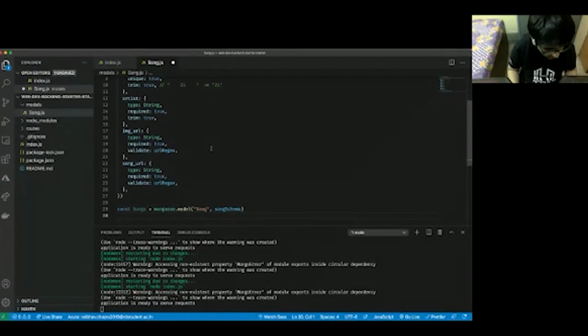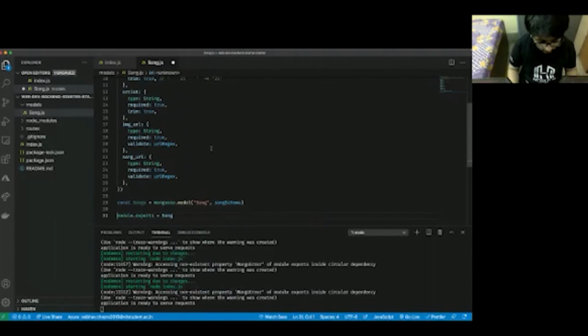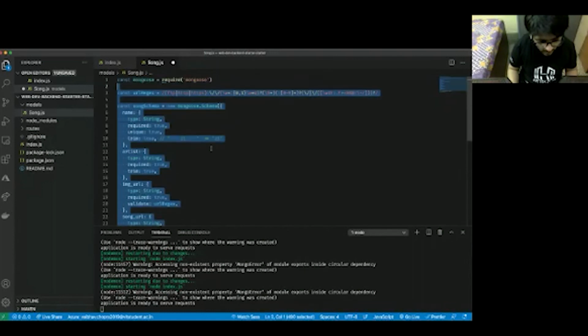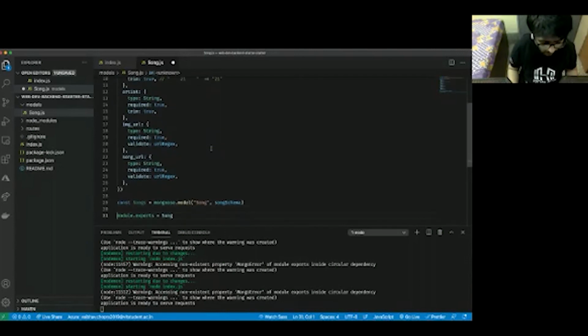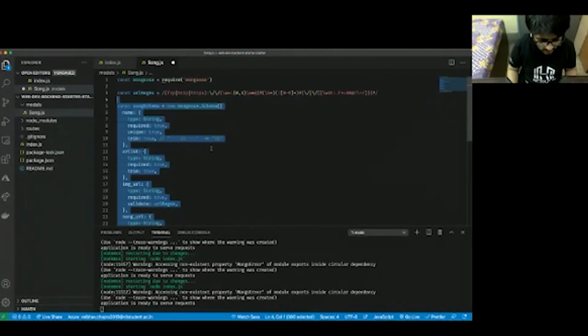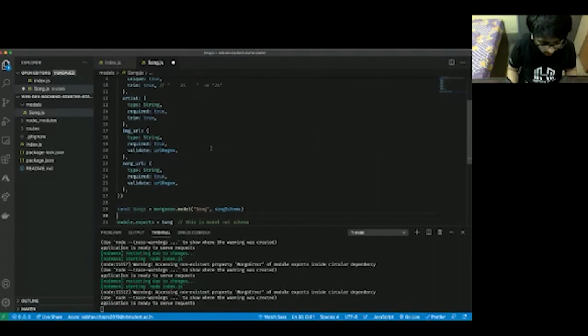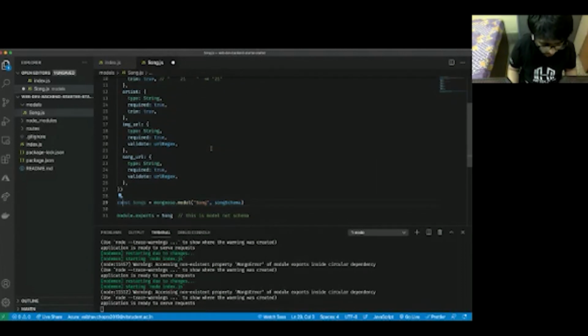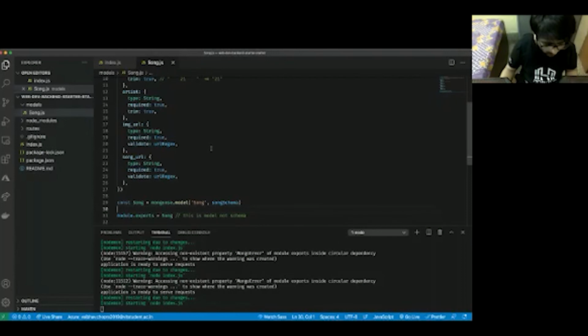And then you do module.exports song. Okay. So basically, if you paid close attention, I am not exporting the schema. Okay. I am writing it, but I'm not exporting it. I'm only exporting the model, because the schema has no use in the rest of the API. Okay, so the whole API will be dependent on this song model. This is song, not songs. Okay, so we are exporting this model. Now we have defined our whole song model.